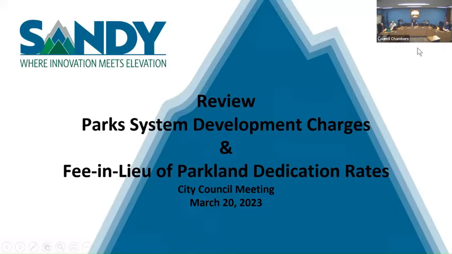So Rochelle's going to walk through a few of these slides, kind of guide the conversation. This was an item the council requested to bring back on the agenda. And Rochelle did the nice staff report to give the background. We had a series of meetings about the park system development charges and the fee in lieu coming out of the adoption of the Parks Master Plan last year, the update to the Parks Master Plan. And so she went back and did a review of that, but also in spirit of the council's conversation about putting this back on the agenda, some options in there too, to help guide the conversation tonight.